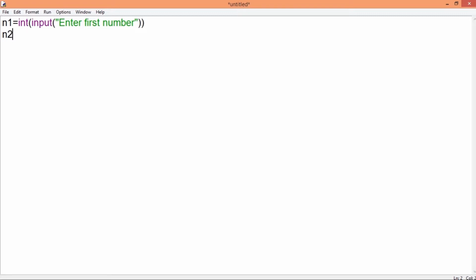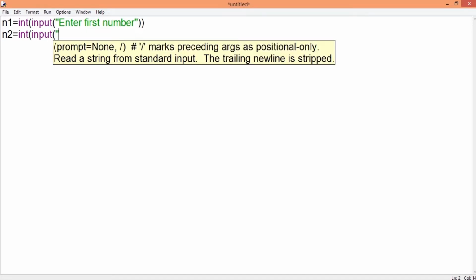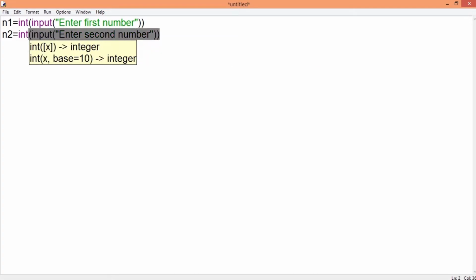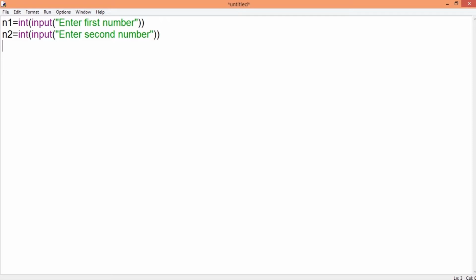Similarly, I get another variable. After this, I will also ask the user to input the operator.